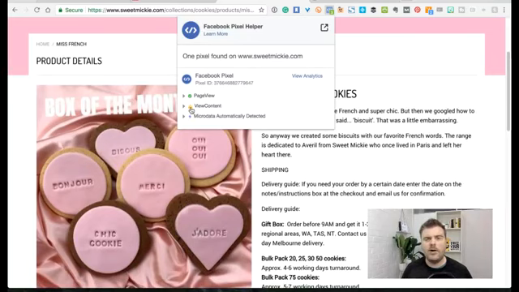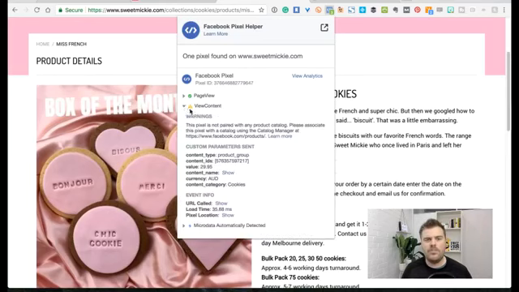So it is firing the view content event, but if you click on the yellow triangle, it basically says this pixel is not paired with any product catalog. Please associate the pixel with a product catalog. You can learn more at the link. So it's still actually firing the event, and this will send information back to Sweet